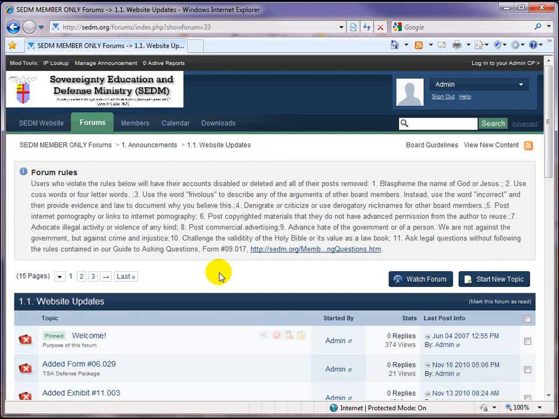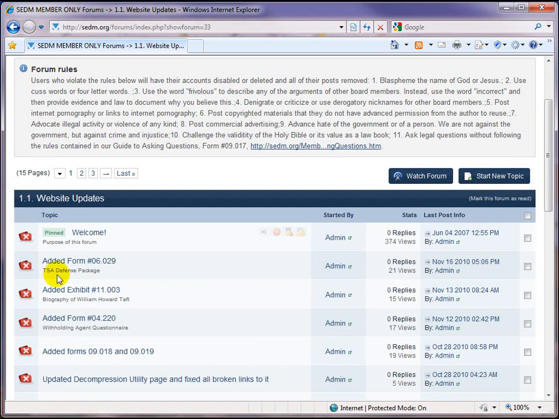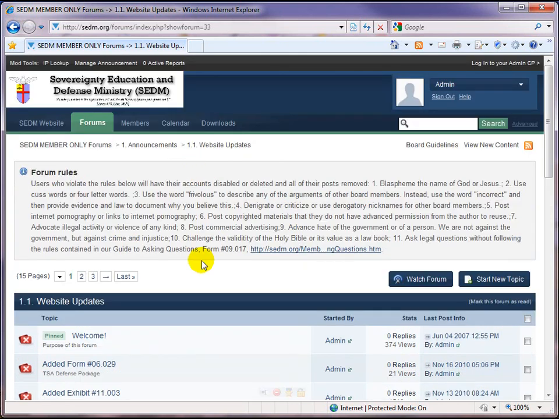And if you want to avoid having to duplicate effort and reread materials that you've already read before, then it's really useful to go back to the website updates section of our website and look at only the changes, and go back to the new documents that have been added or the old documents that have been updated. That way you only have to read the changes and not the whole document again. Okay, that can be very helpful to minimize the amount of effort you have to expend to stay up to date. So anyway,